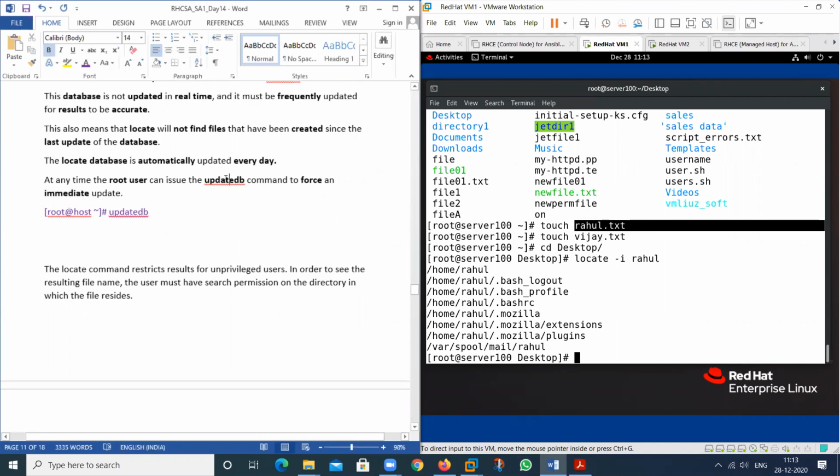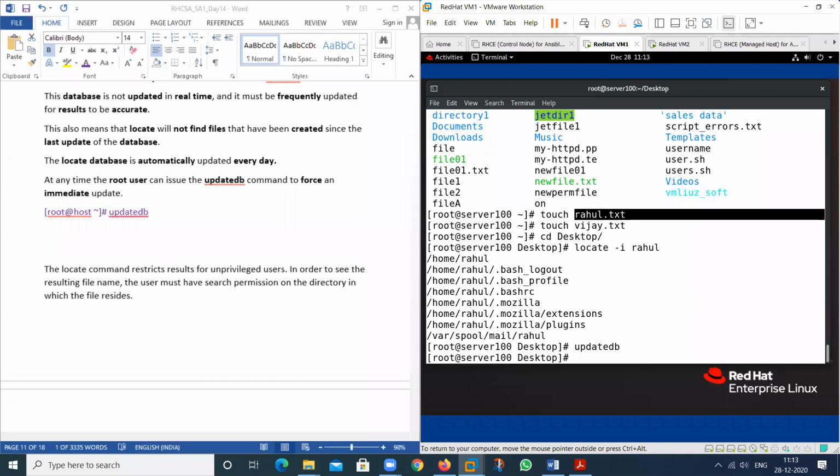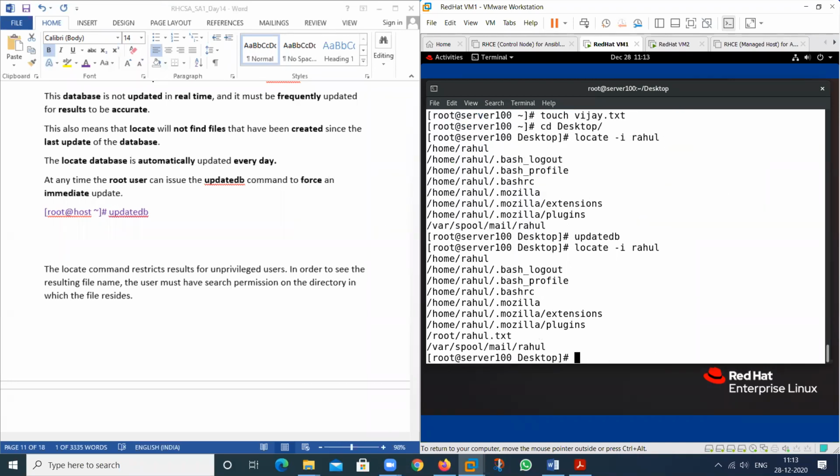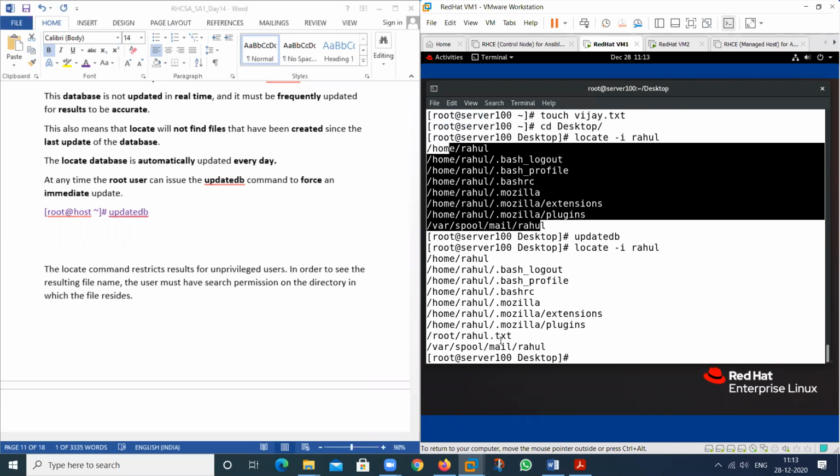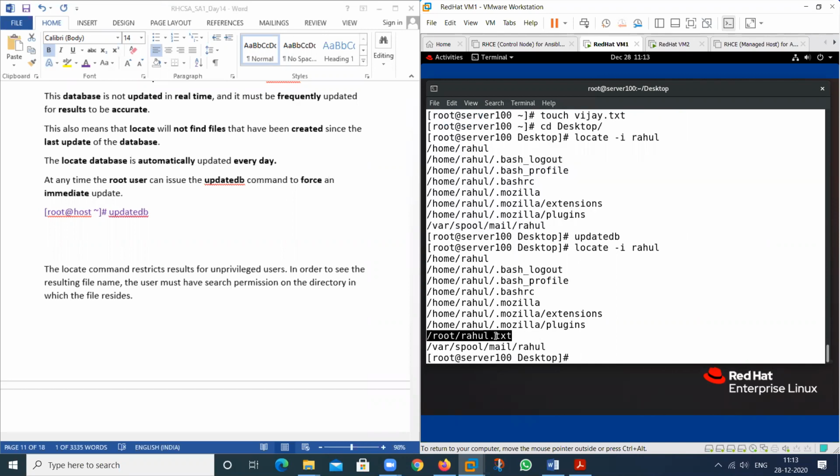So you always use this command if you want to search the result. So see here, updatedb. If I use this command and then search again, see, you can find your result. See here. But with the earlier command, there is no result related to this particular file.